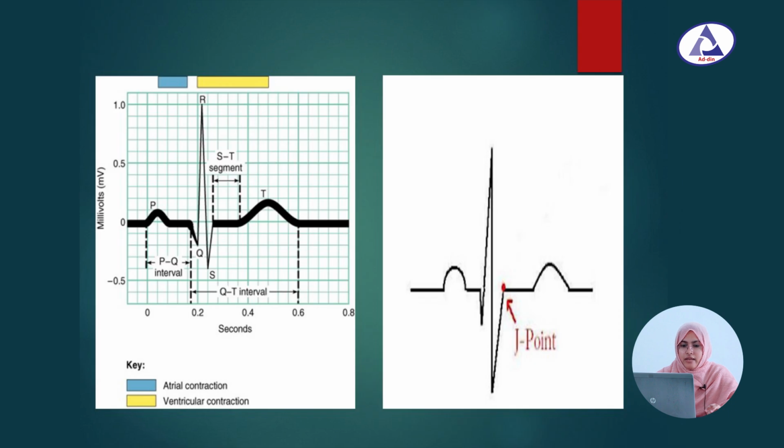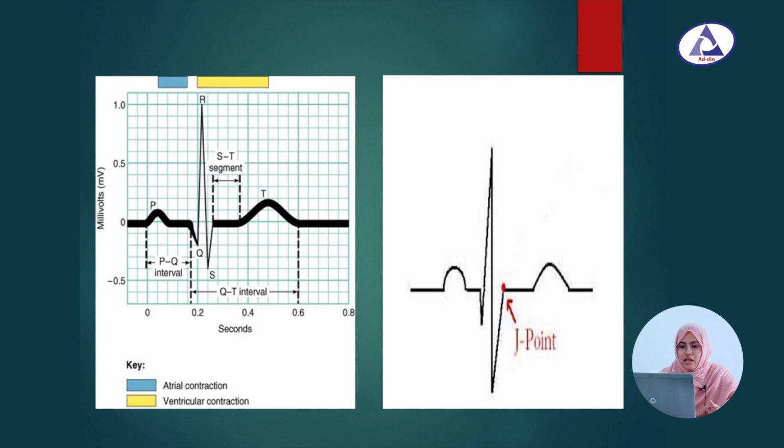This picture is showing ECG. Here there are some waves and segments. First of all, the P wave, which indicates atrial depolarization. Then the PQ interval, during which the impulse transmits through the AV node. Then the QRS complex, which indicates ventricular depolarization, and the ST segment, which is an isoelectric line during which the ventricles are